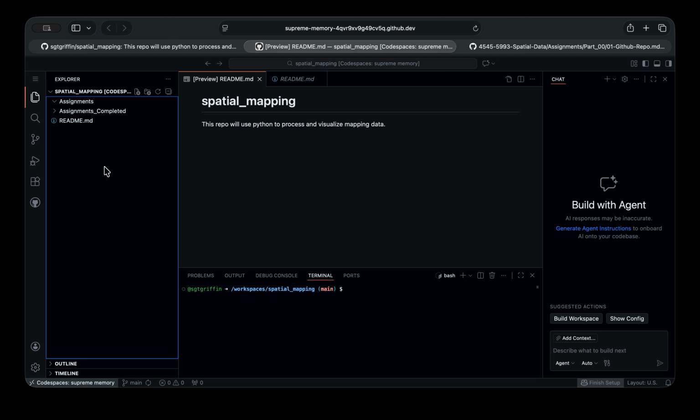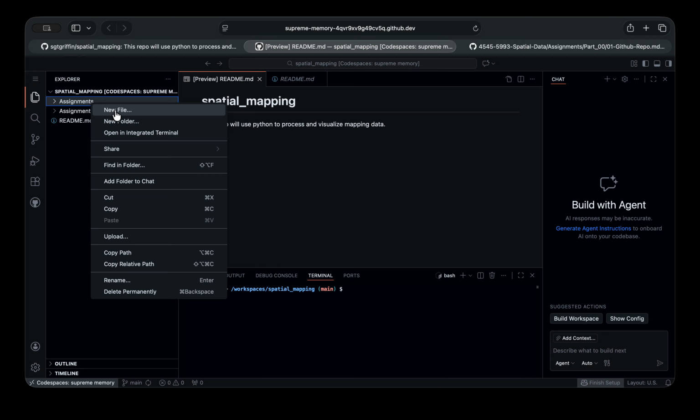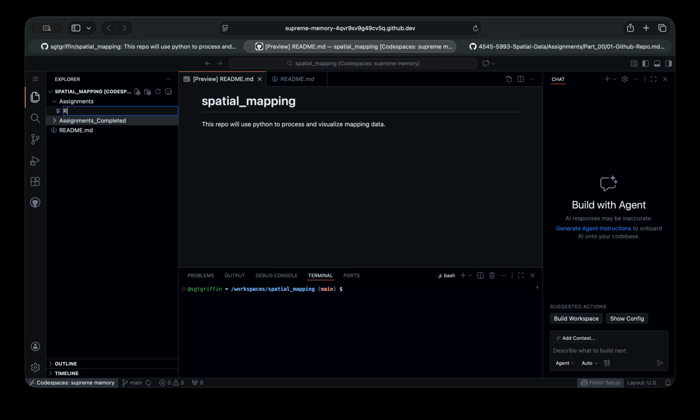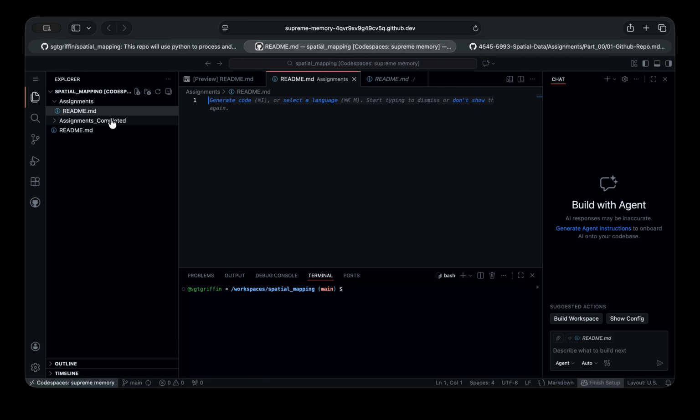Assignments_completed. I'm going to put a readme. I right click this time, choose new file, readme.md. I'm going to do the same thing here. Right click, new file, readme.md. All right, and this readme, oops, let me use some markdown. The double pound sign is a heading, like in a web page. It just makes it big. I'm going to put